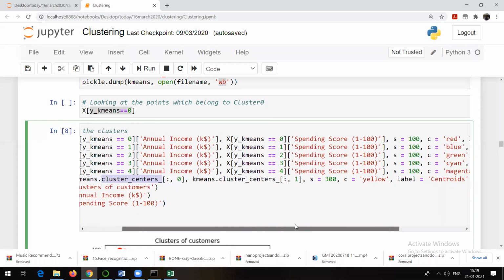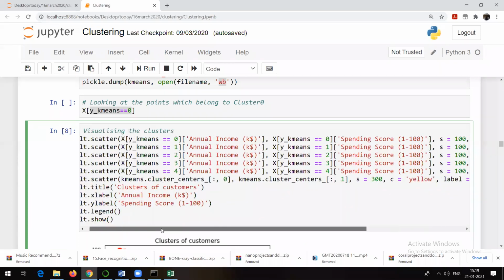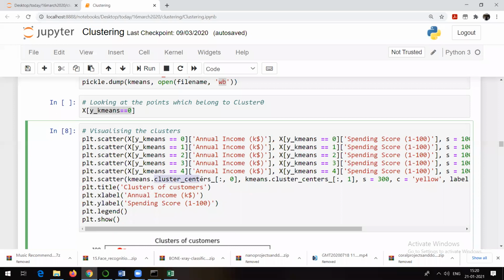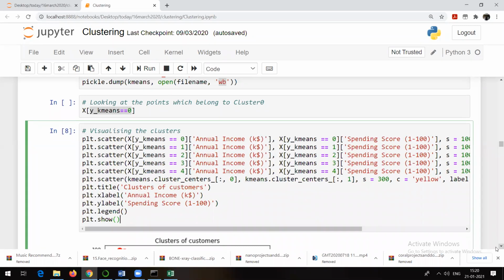Again you can check size, color, label. Our centroids are going to be colored yellow, and the label is going to be centroid. Then title, xlabel, ylabel. Legend is nothing but, maybe at one corner, it is going to show us colors and their meaning.